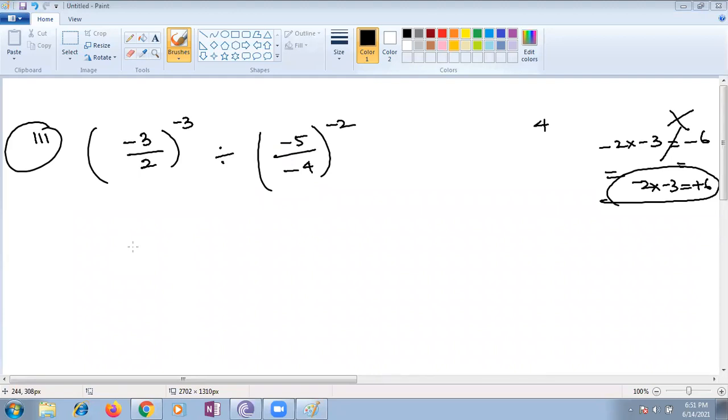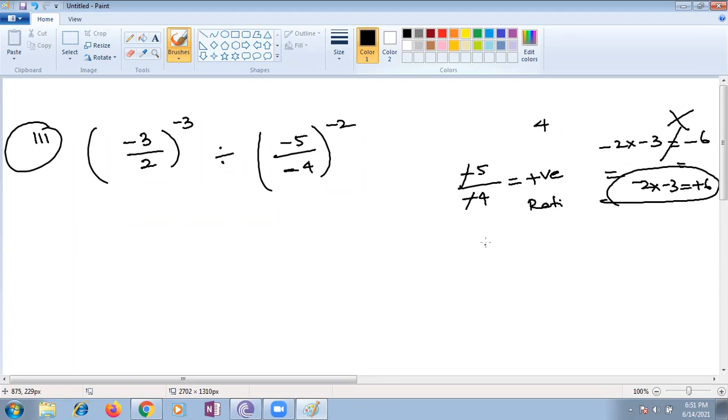No, ma'am, he's not there. Okay. Akash? Yes, ma'am, I am here. Akash, by seeing it, can we make minus 5 by minus 4 as a rational number? Ma'am, it can become positive 5 upon 4.